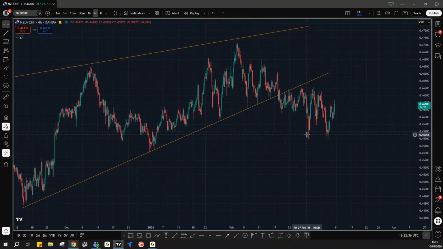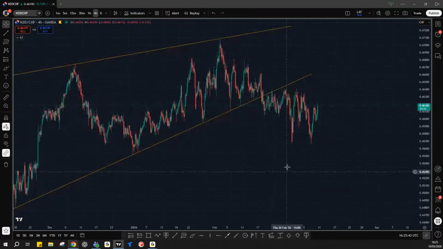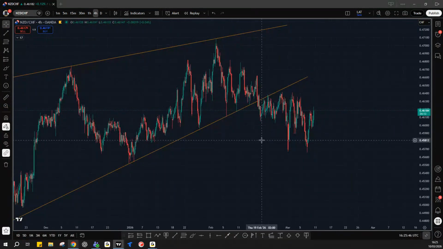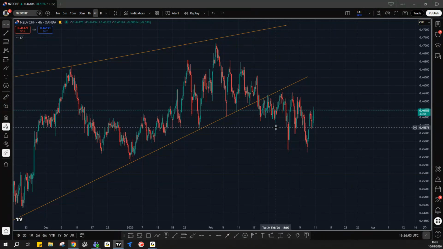Again, a bit of a risk on, risk off situation for the New Zealand dollar and the Swiss franc. So being thrown around a bit, as are lots of our assets at the moment. If you found it tricky to trade through these last few days, it has been, right? It's been lots of headlines, lots of changes of direction, lots of changes in sentiment, and it's made it quite tricky. So don't worry if you've struggled a little bit over these last few days.